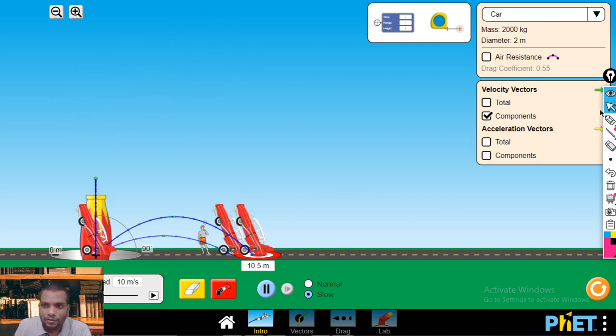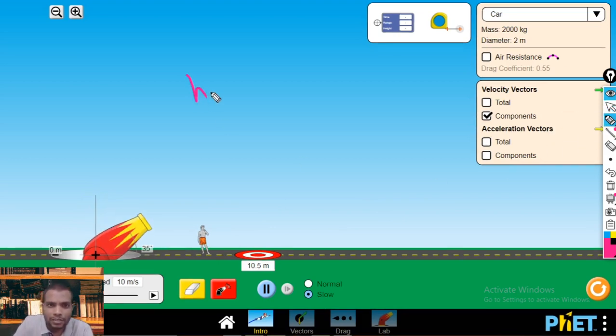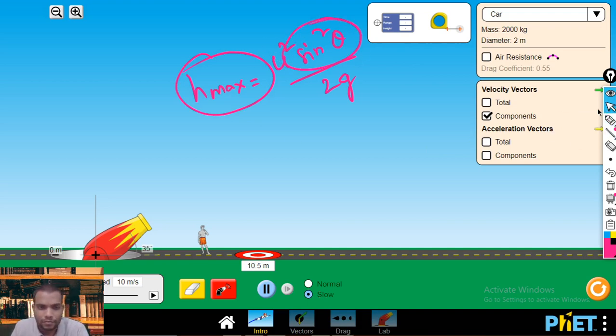And apart from that, I would like to discuss one more point, that's about maximum height. Suppose the maximum height we got is h max equal to u square sine square theta upon 2g. If you notice, the maximum height is directly proportional to u square, and not only that, sine square theta. So if you change different angles,